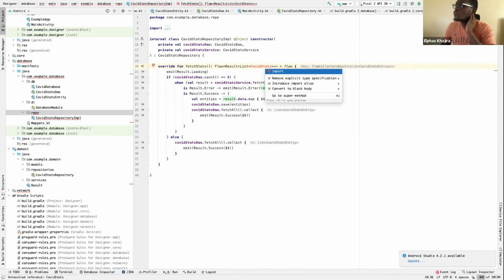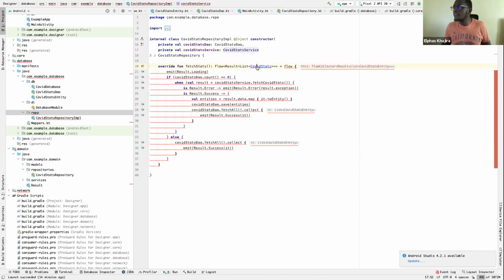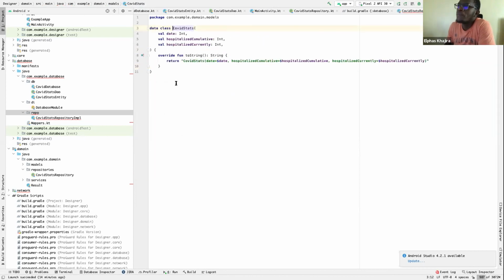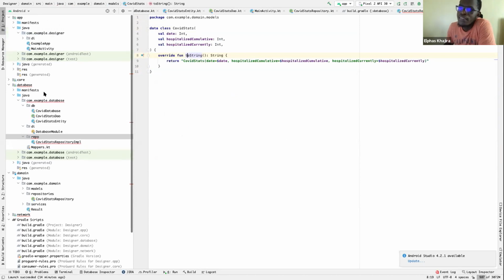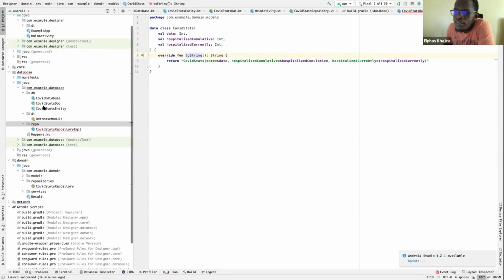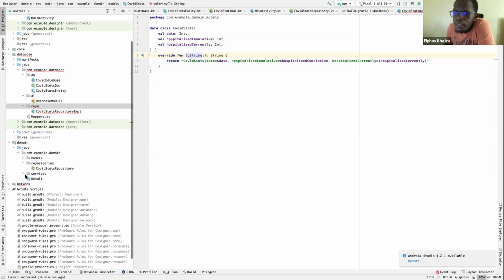So what we'll need to do is have another class that our entity maps into. It's the same as what we have for our entity on the database side.